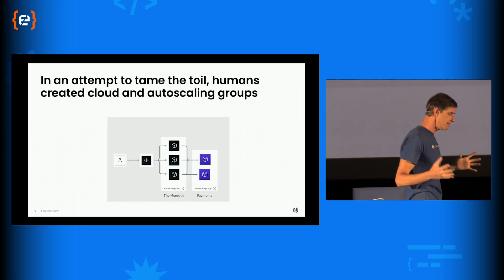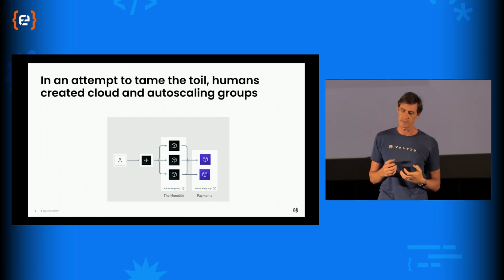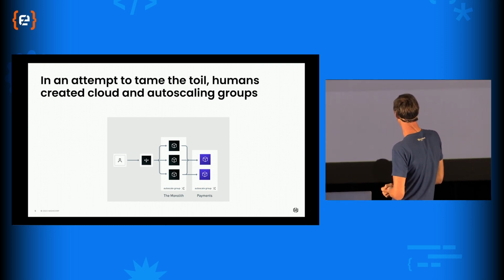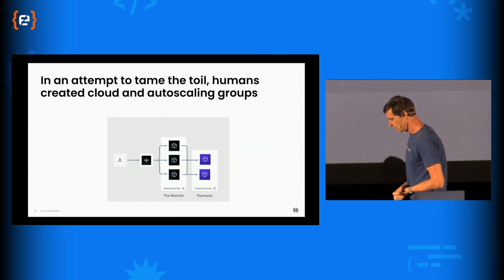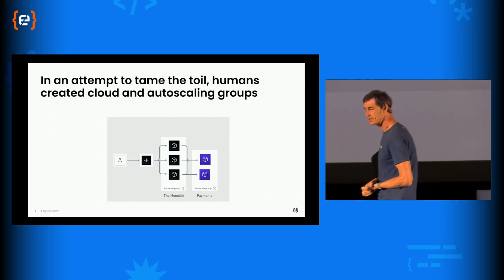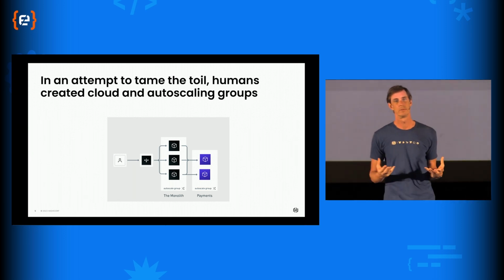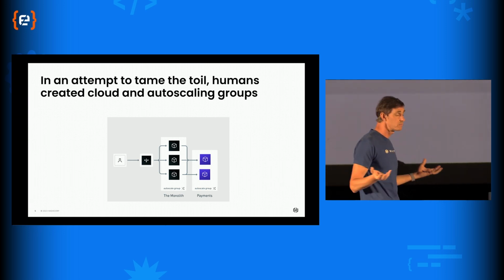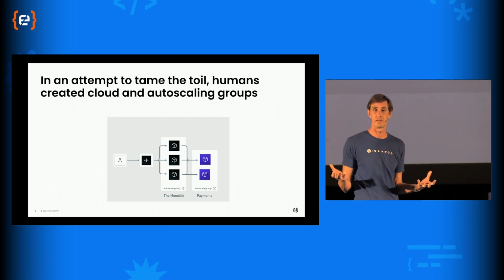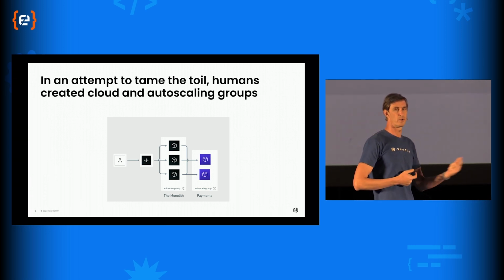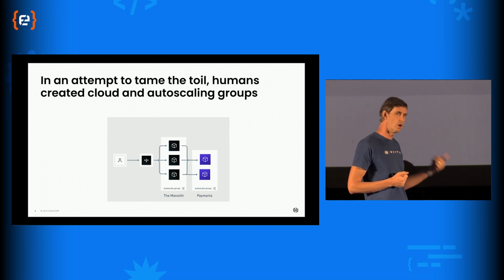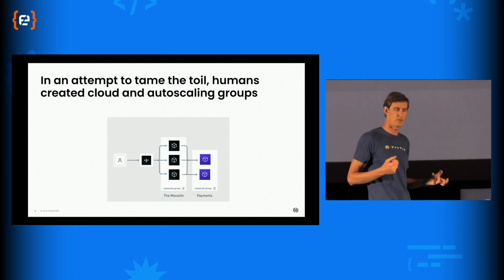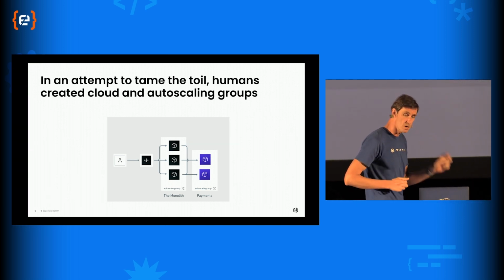Now, in an attempt to tame the toil that we had, we started looking at things like cloud. So we were looking at the monolith and our service-oriented architecture, and we had problems that we needed to tame. Running on tin, or physical machinery, was fine, apart from the 3-month lead times. The other thing that was not fine was that it took a lot of effort to build and redevelop machinery. And I think where we are right now is in a much better place for that.